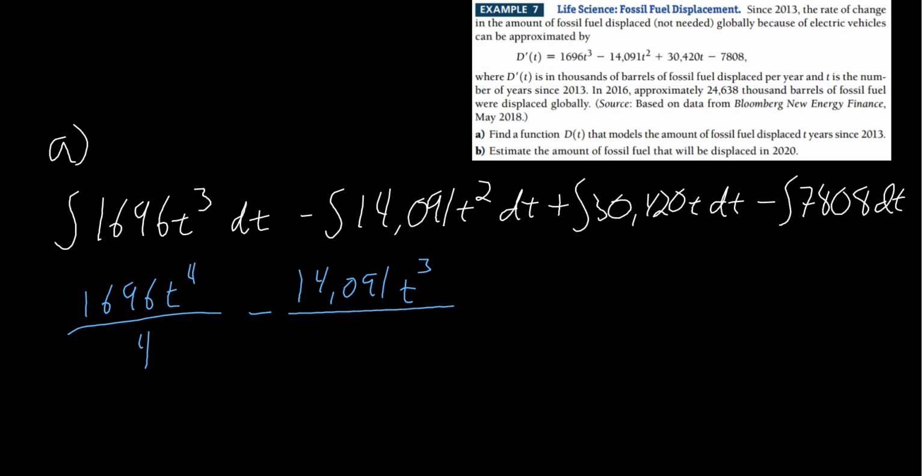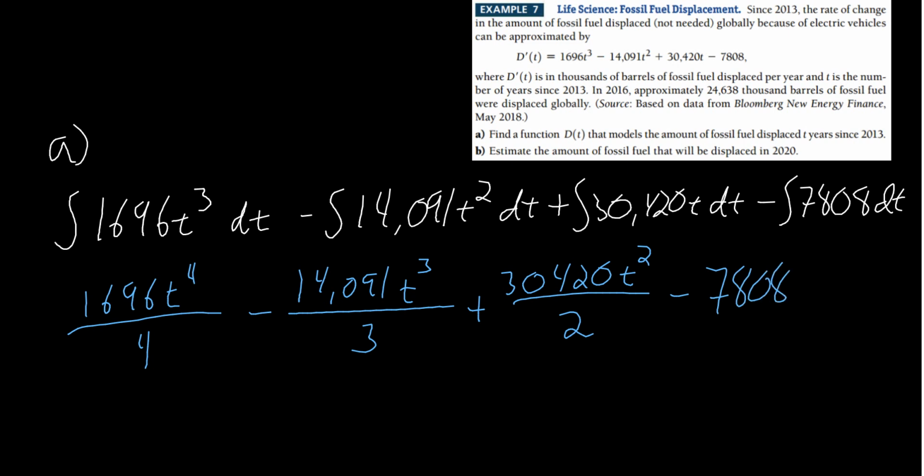and we're going to divide that by my exponent plus 30,420 t squared all over 2, and then minus 7808 t, and then remember, always put plus c. Again, like I said, it's always forgotten, but hopefully we'll remember here. All right, so again, this is going to be capital D of t,